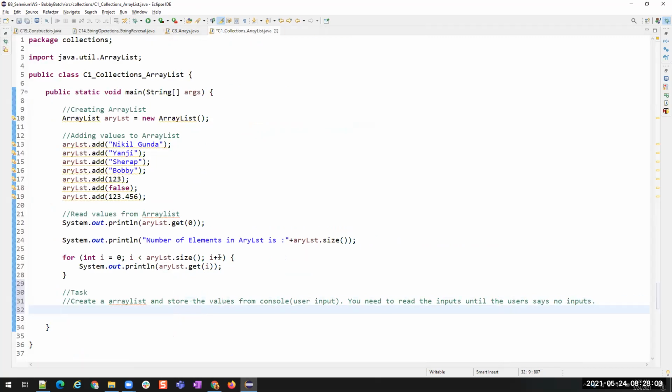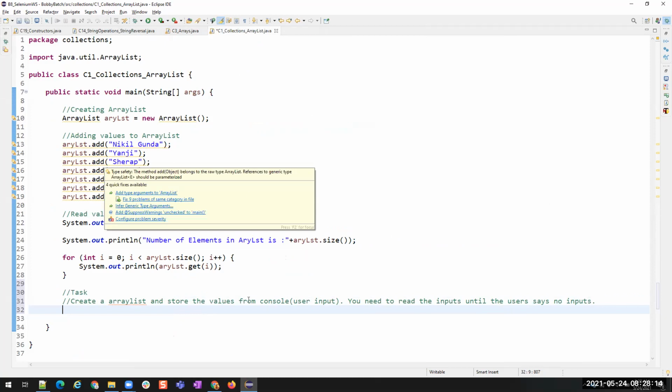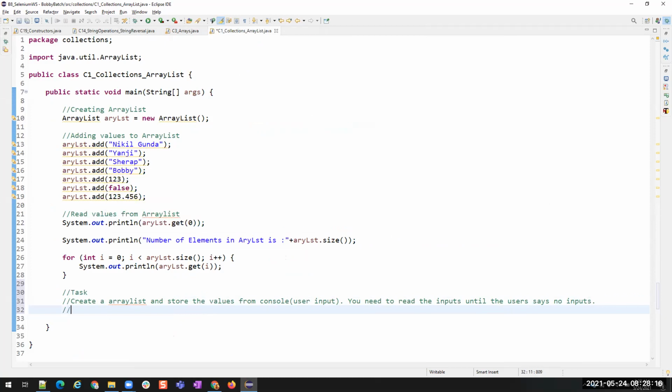You have to write a while loop. You have to read the console. It will ask, do you want to enter more values? If you say yes, then it should read and then add into the array list. If you say no, then it should stop and then print the values that you stored in the array list. Okay, so these are the two tasks.